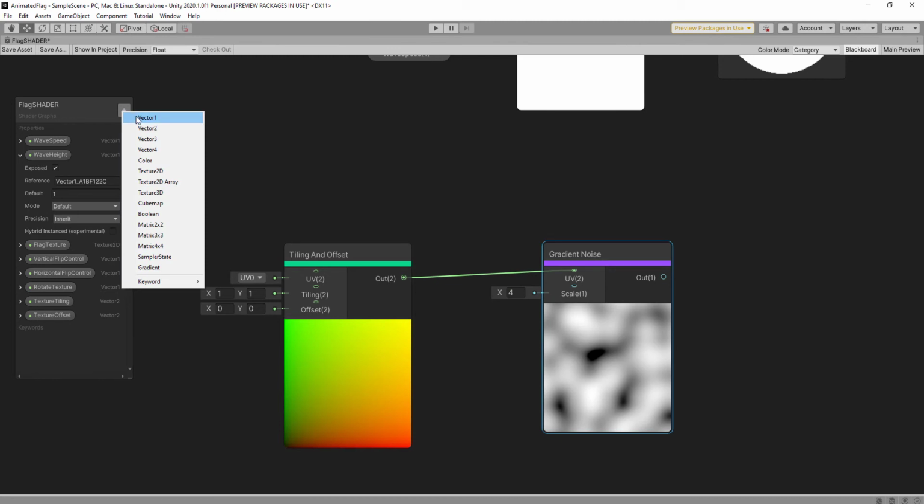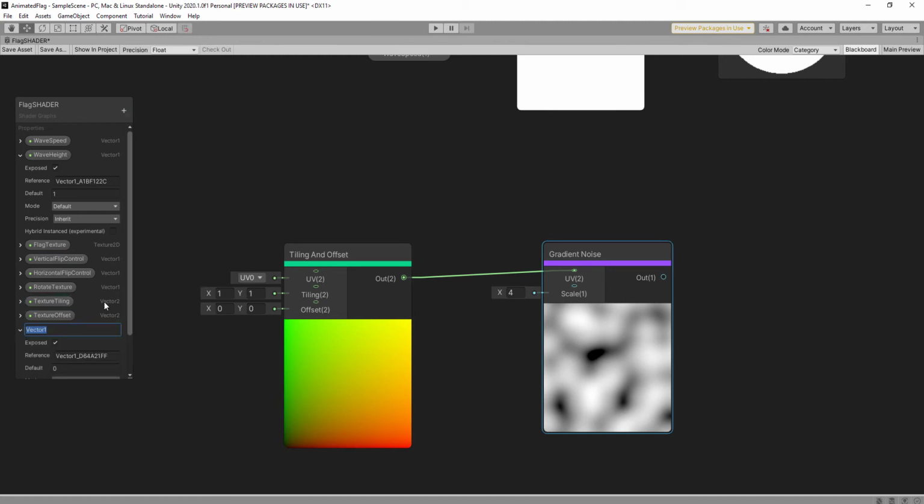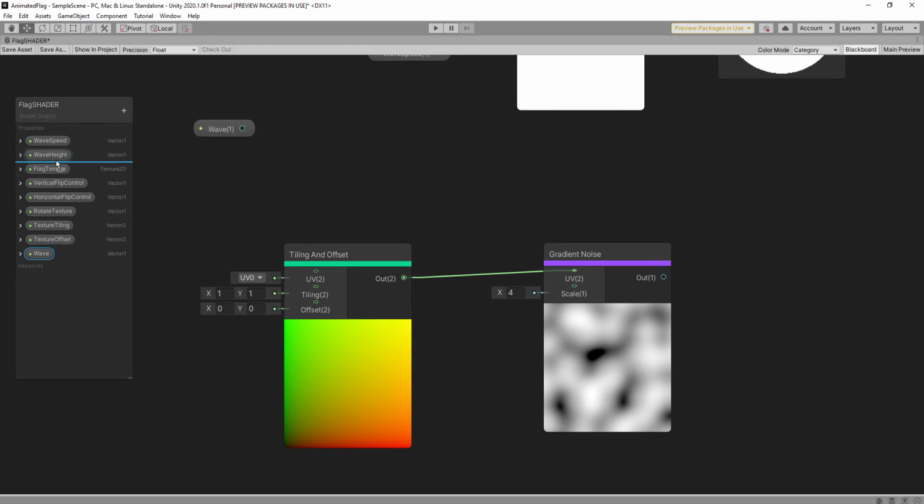Add Vector 1, wave, just wave maybe, and default value maybe 4, and we can control the scale with this value,